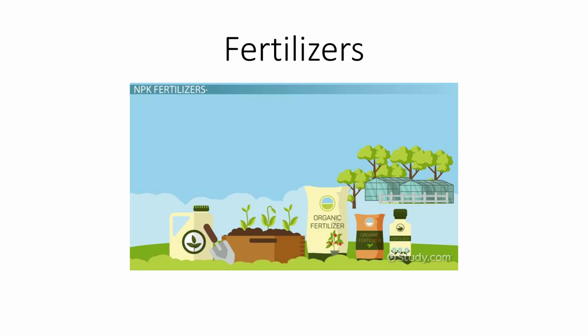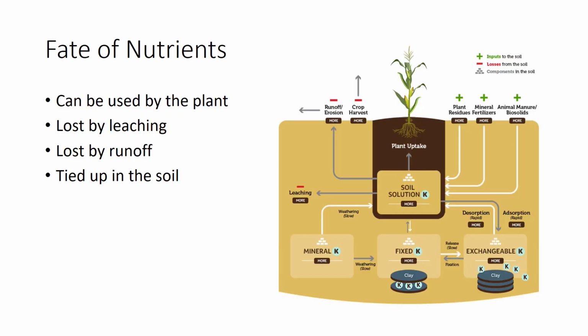I'm Dr. DeBusk, and in this video, I'll cover information on fertilizers and their application. Continual attention to soil fertility maximizes crop production. Soil nutrients have four fates. They can be used by the plant, lost by leaching, lost because of runoff, and or tied up in the soil by chemical reactions. Lost nutrients must be replaced to ensure that crops have adequate nutrients for maximal plant growth